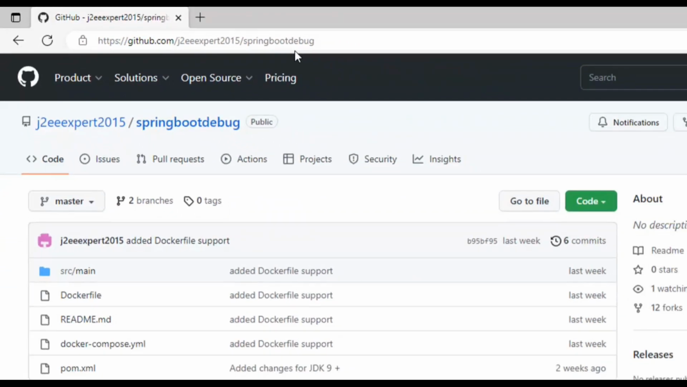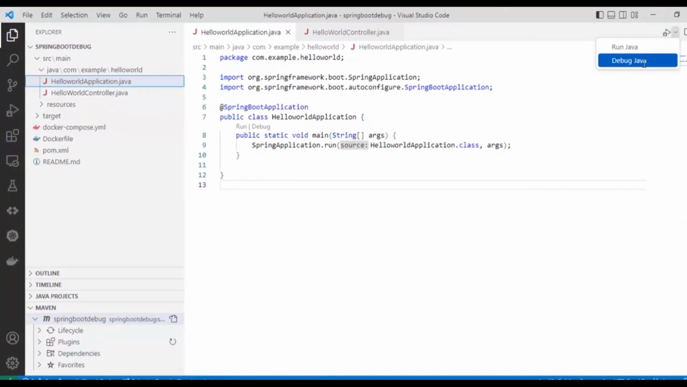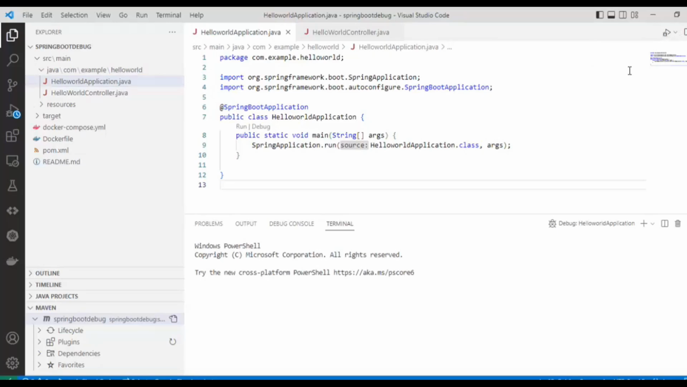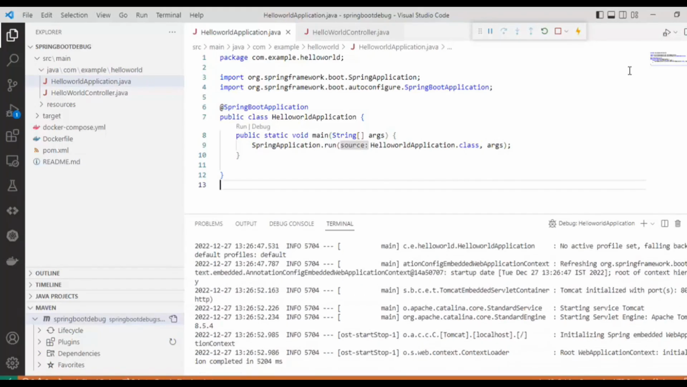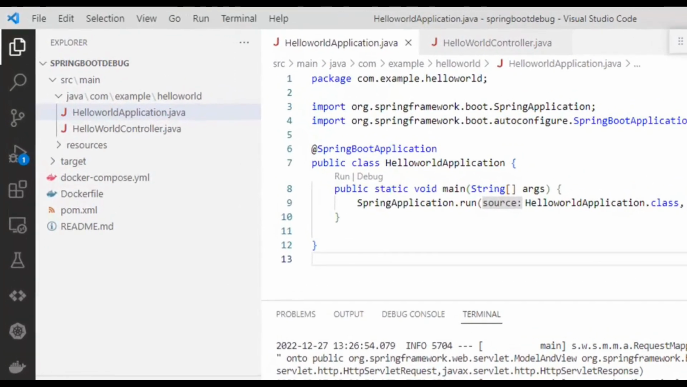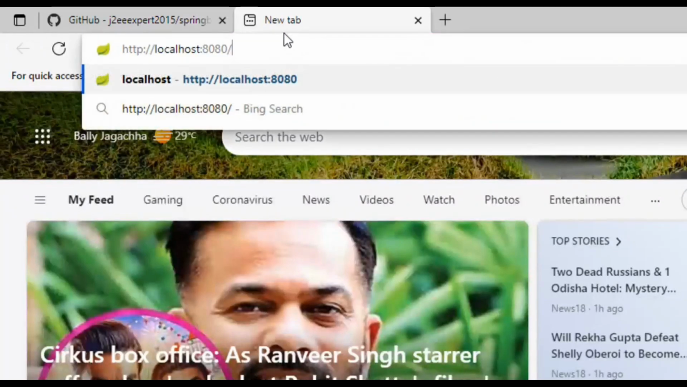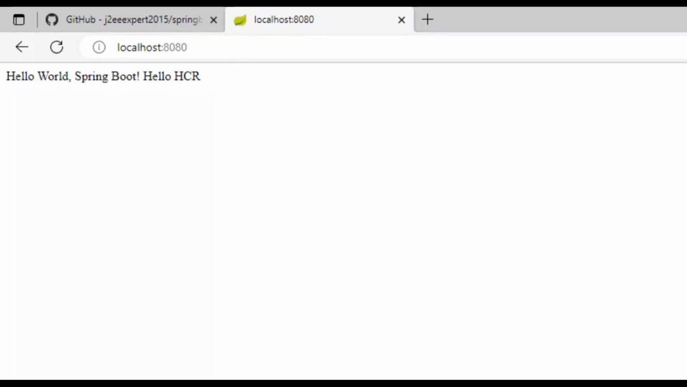In order to demonstrate the HCR, let me run the application in debug mode. So I'm selecting this application class and running it in debug mode. The application is starting up now. Let's wait for a second. Now the application is started. Let me go to the browser, paste the application URL, press enter. Now you can see the default method which I had, it is printing something. If I go back to the editor now,